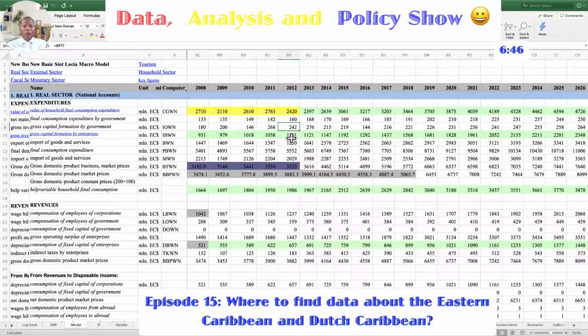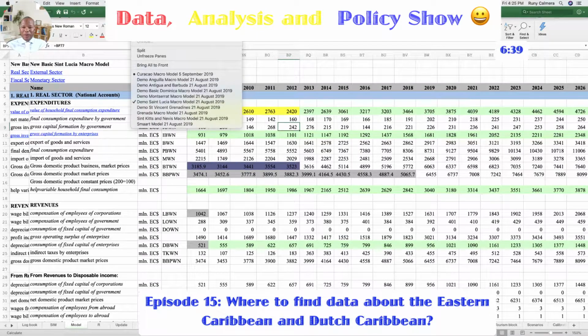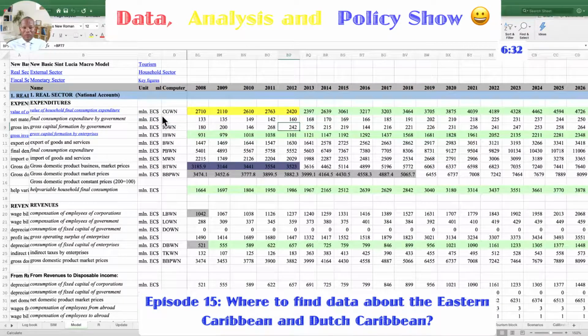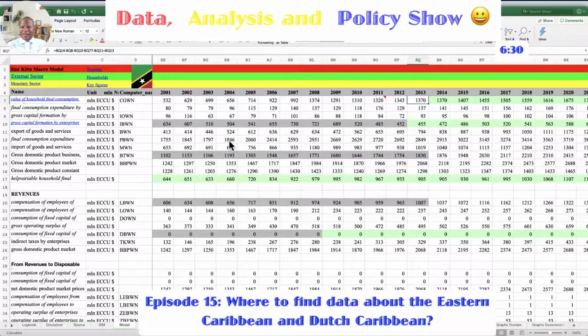Now, let's look at another indicator. I want to look at the investments. But I want to jump to St. Kitts and Nevis, because I promised you we're going to travel around the world. St. Kitts and Nevis. Boom. In the Caribbean. I am now in St. Kitts and Nevis. So I made a beautiful flag here for my people in St. Kitts and Nevis. If you have a nicer flag, please let me know and I will put your name on it.